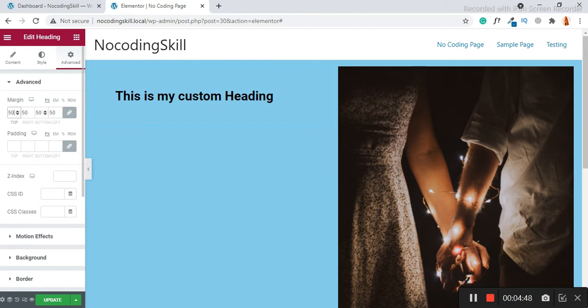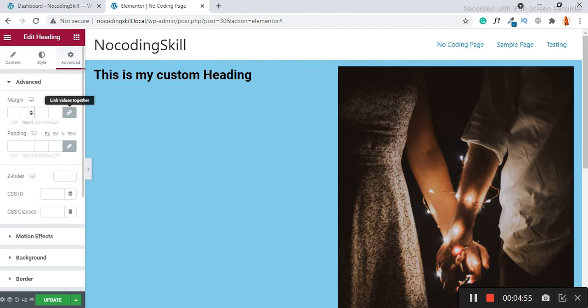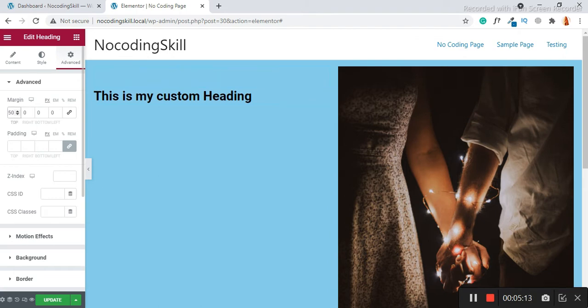If you want to set a particular direction manually, click over here and now you can set the value manually for each direction. Just see, 12, and from top I'm giving 50. Let's see. Now it's taking space just from the top.